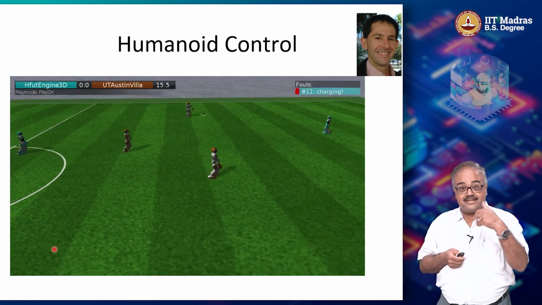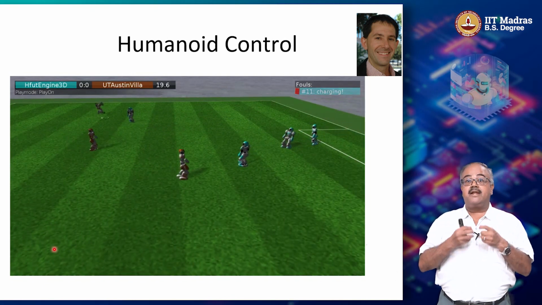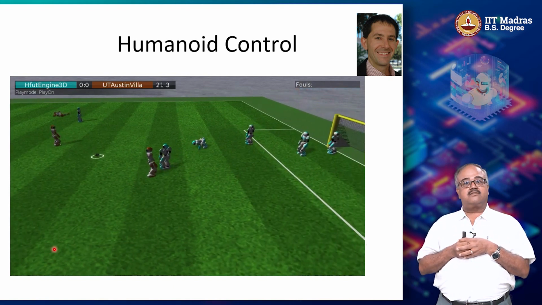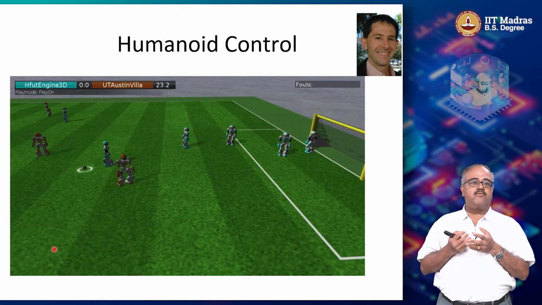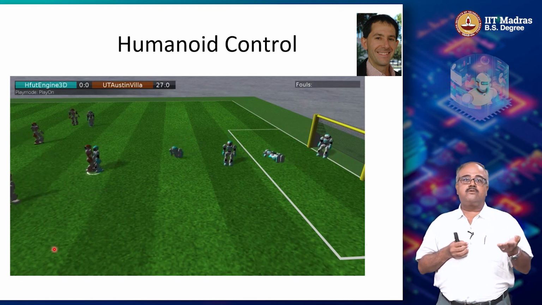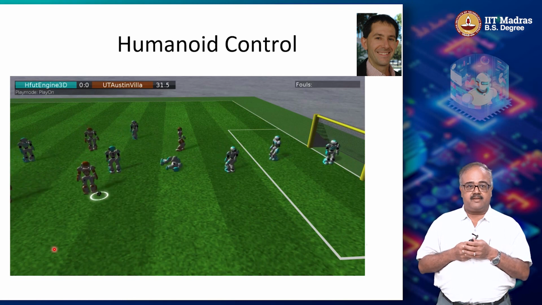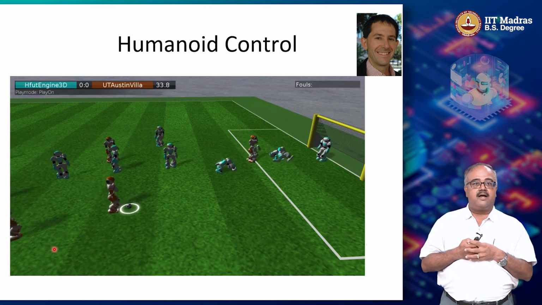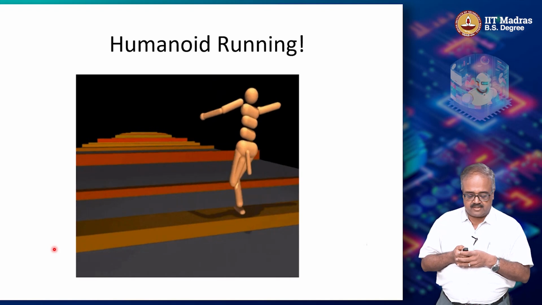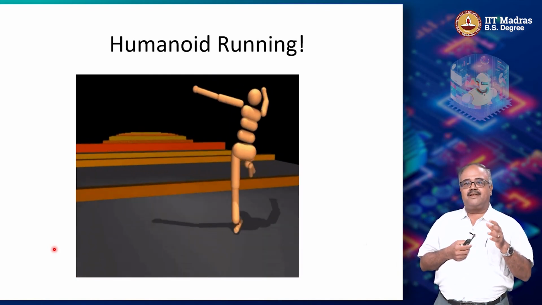But then again, just to drive home the point: reinforcement learning is a great tool, but it is one more tool in your toolbox. It is not like it can solve every problem from scratch. But it's a great additional tool to have that allows you to do things which are not possible with other models of learning. There are certain things that only RL solves very well. So that's an example. Here's another example of a humanoid running, and it's learning from